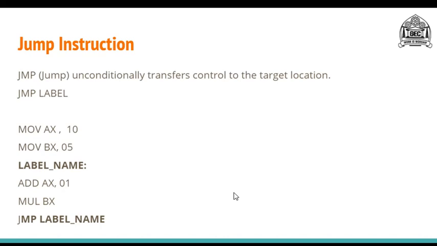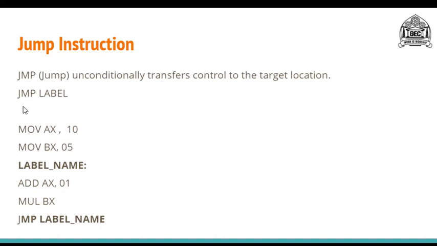The first one is the jump instruction. Jump instruction falls under unconditional transfer instructions because it will unconditionally transfer the control from the source address to the destination address. So this jump instruction will always get executed and it will always jump from one location to another.